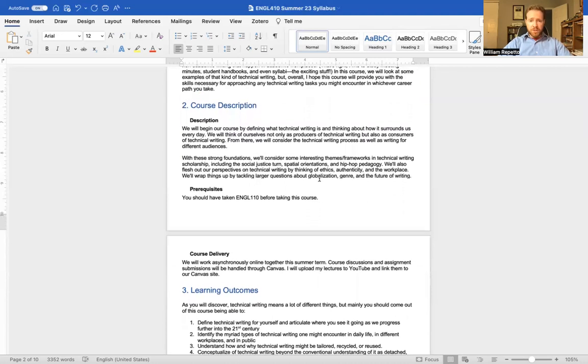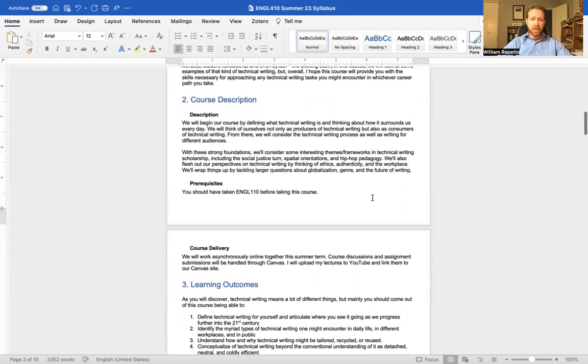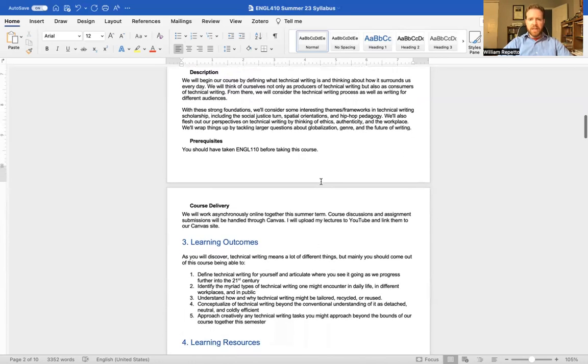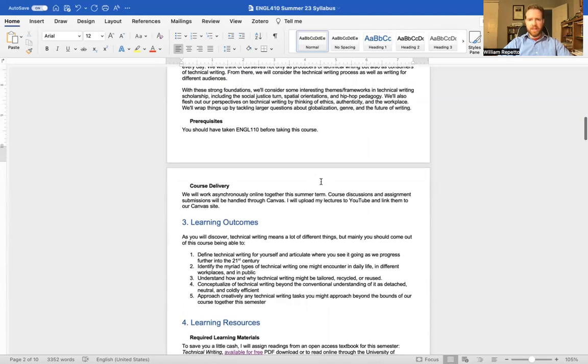So here's our course description. We're just going to start by defining technical writing and thinking about how it surrounds us every day. From there, we'll think about ourselves as consumers of technical writing, but also think about the technical writing process for ourselves. And then once that foundation is set, we'll get into some of the newer things in technical writing scholarship,